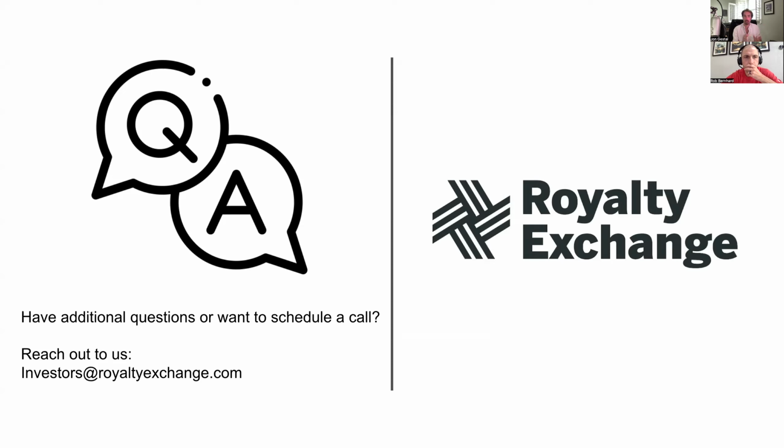Upgrading your account or changing your account from an individual to an institutional account is super easy. Really, all we need is the entity information, just so we know what to populate on contracts when you purchase. And that's really it. You would need to have an individual payment account for yourself versus the entity because they do have to be separated. But again, just go through the setup and it's pretty straightforward.